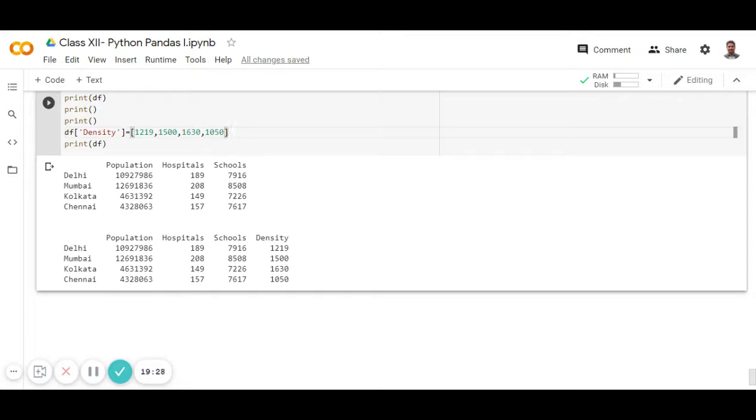We can also add new rows. I have already added a column, that is density. You can also add rows. For rows we use the add statement like this.